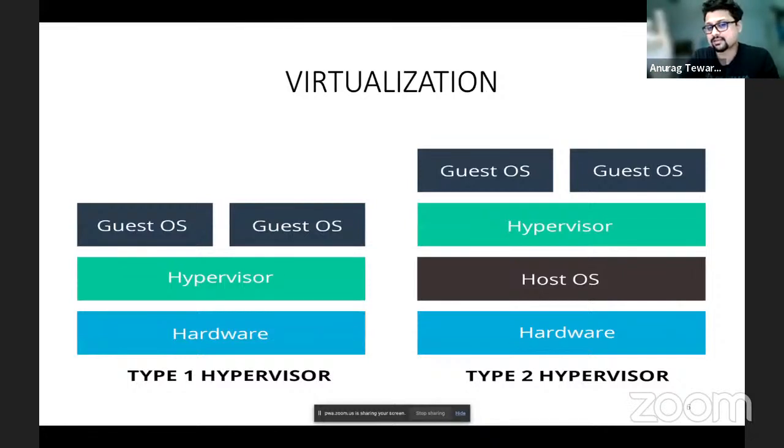That's a type 2 hypervisor. This is what we typically use in a personal capacity. If you're running a Linux VM on a Windows operating system, probably on your laptops, that's what you use. That's the type 2 concept. Type 1 is what is more commercially used at the cloud service provider end. Type 1 is much faster because you have fewer layers to go through when the system interacts. And type 1 is also more secure compared to type 2 because you don't have the host OS in between,